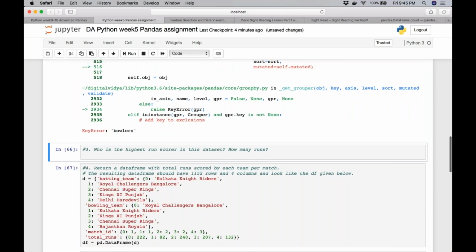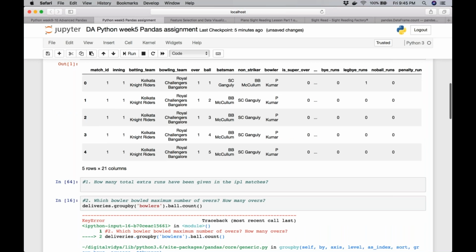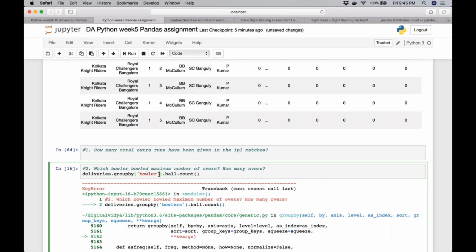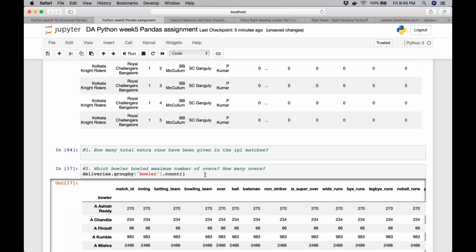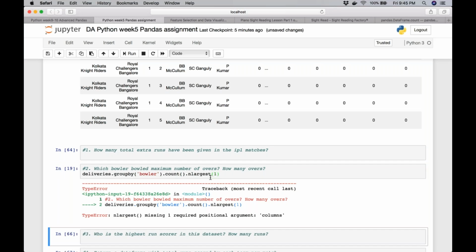Did I make any spelling mistake? Bowl. What am I doing? It's bowler. Simple count will work. Okay. And then what is the question? So I can say the largest one.